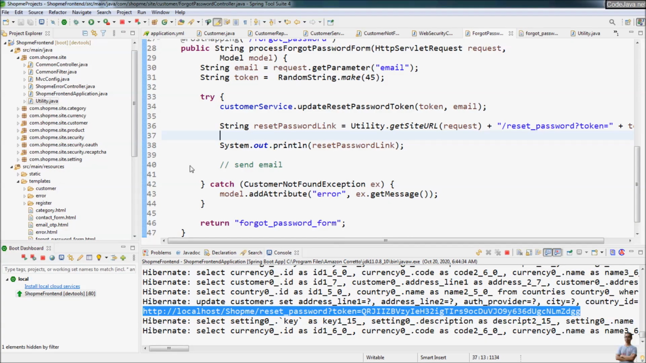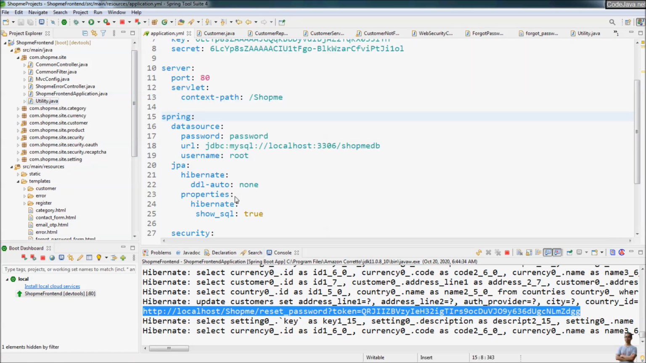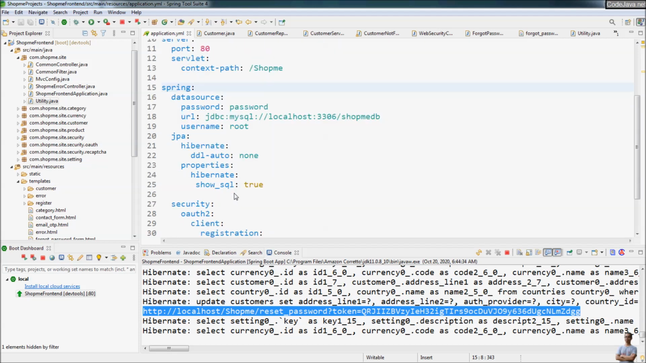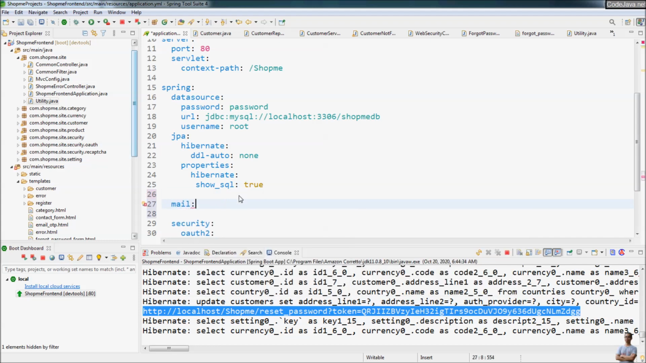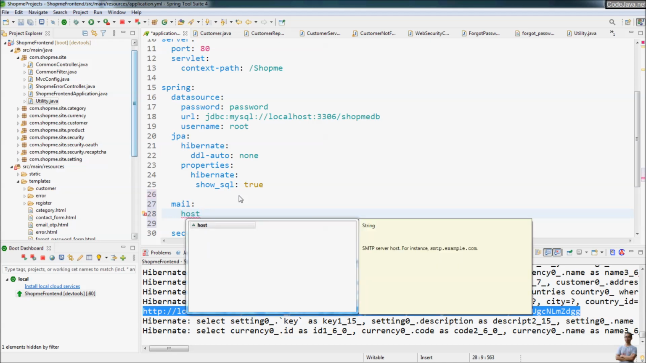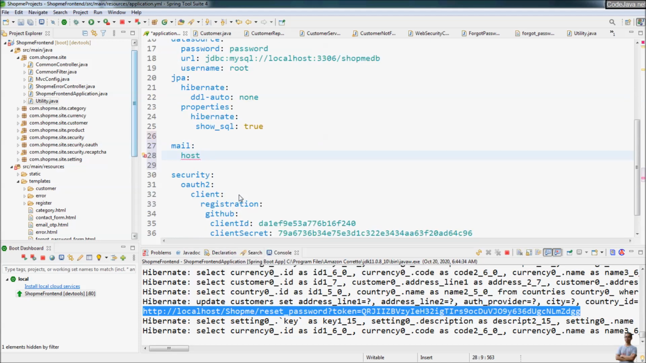And to send email from a Spring application, we need to configure the application configuration file for Spring starter mail. Here, after the Spring section here, we declare the mail. And in this project, we use Gmail. So the host name of the outgoing server of Gmail is smtp.gmail.com,